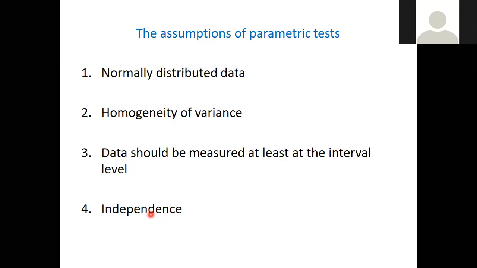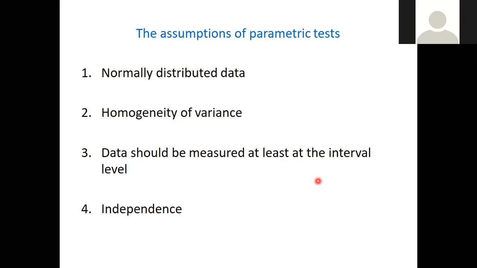So for the two groups you are comparing, the average distance from their mean of all the observations matters. So how far individual observations are from the mean is the measure of variability. This is what you use variance or standard deviation to measure. So it must be the same. It must not be too different between the two groups you are comparing. That's the meaning of homogeneity of variance.